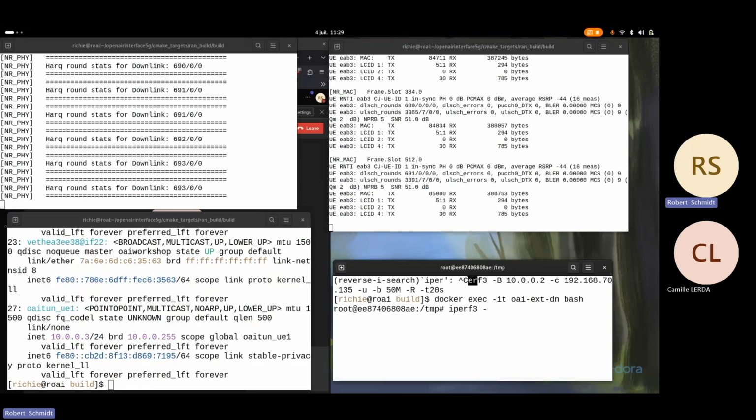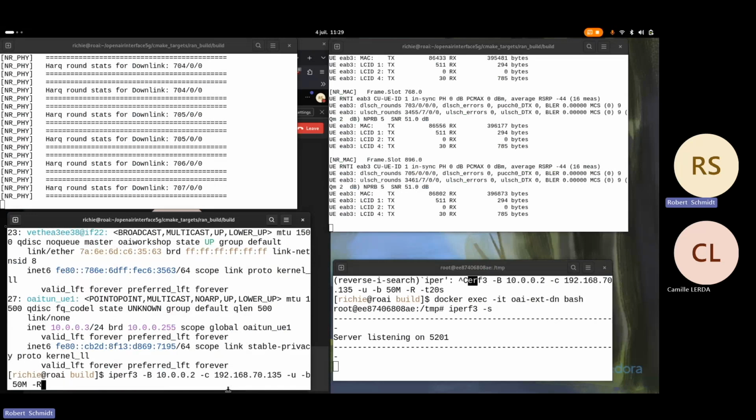We do iperf3 as a server. We just wait, and here now we have, do I have this still in the history? Yes, we do iperf3. We bind on the UE, just on the host machine, onto a specific IP address which corresponds to the UE. So as I said, for me now it's standard 0.0.3. So there you also need to be careful. I know a lot of details that you need to get right and so on. We send it to the